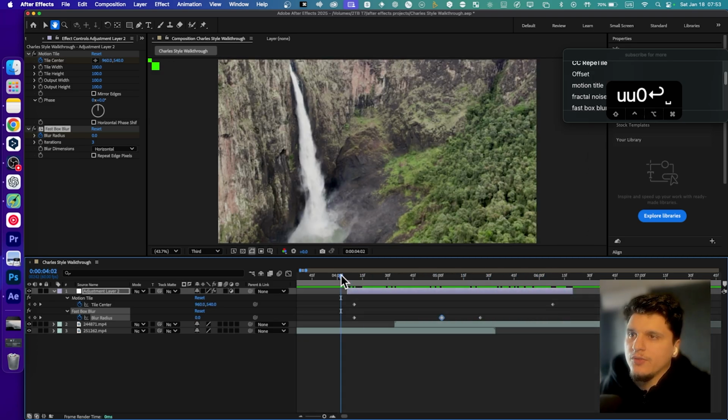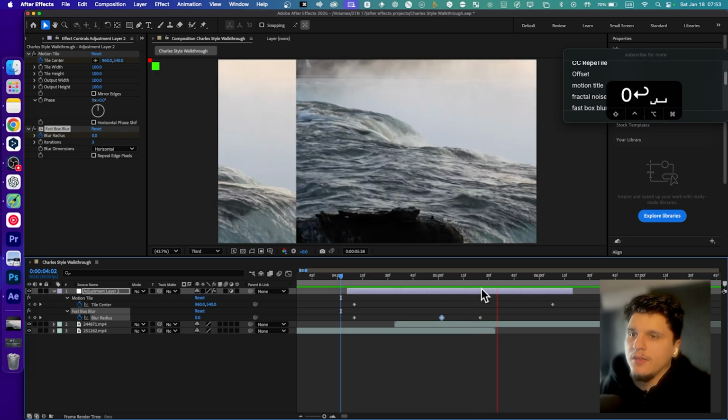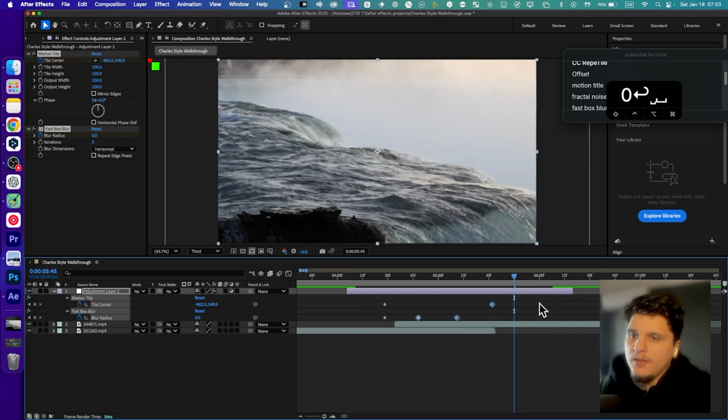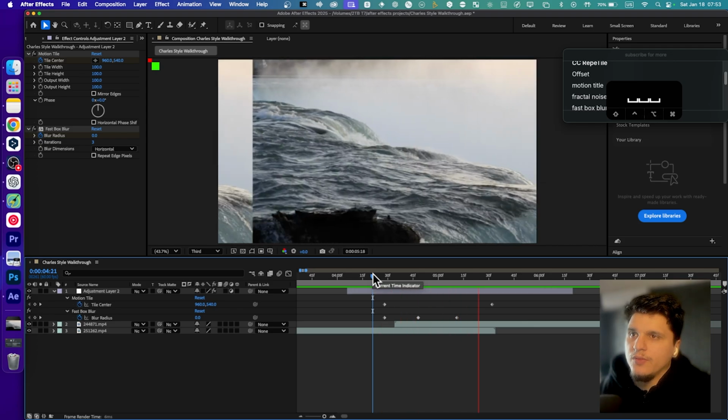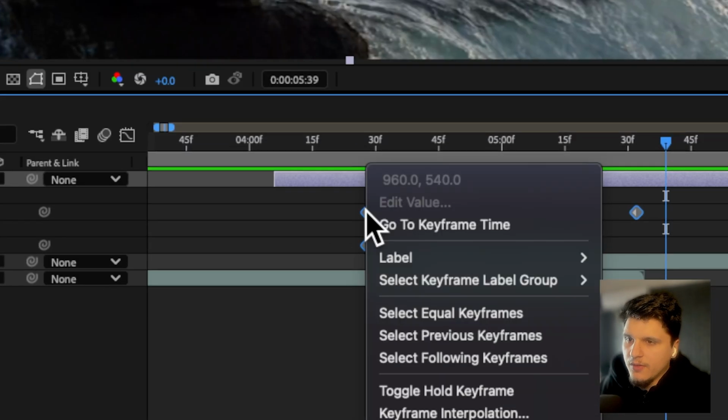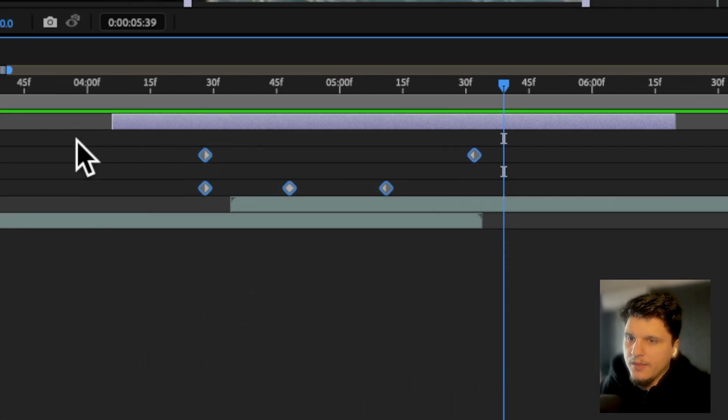Okay, and if it's too slow, I'll play this. And it's kind of slow, or I can move the keyframes closer. And then something important to do here is to highlight our keyframe. We're gonna right click and select here,